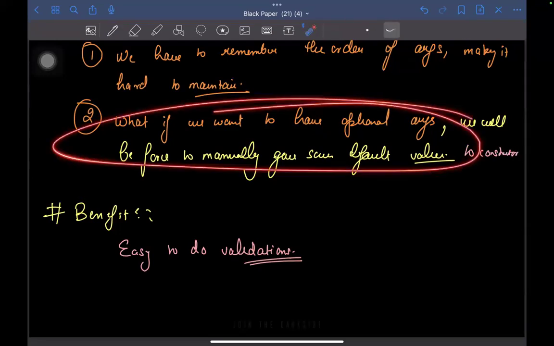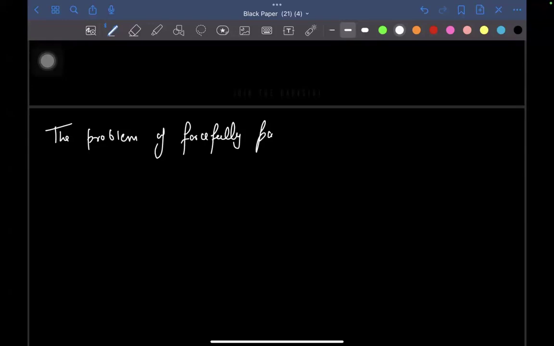So how can we solve this? The problem of forcefully passing arguments can be solved by constructor overloading,